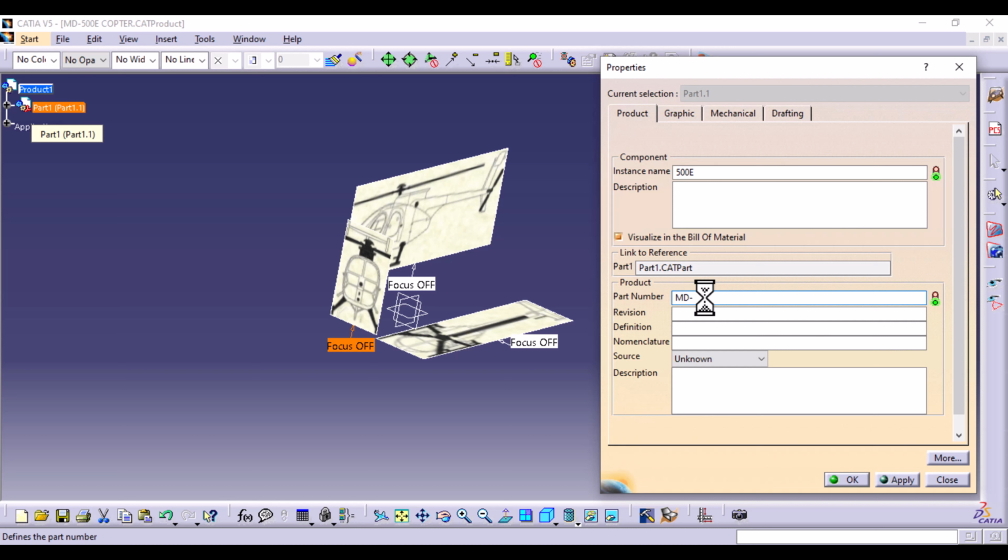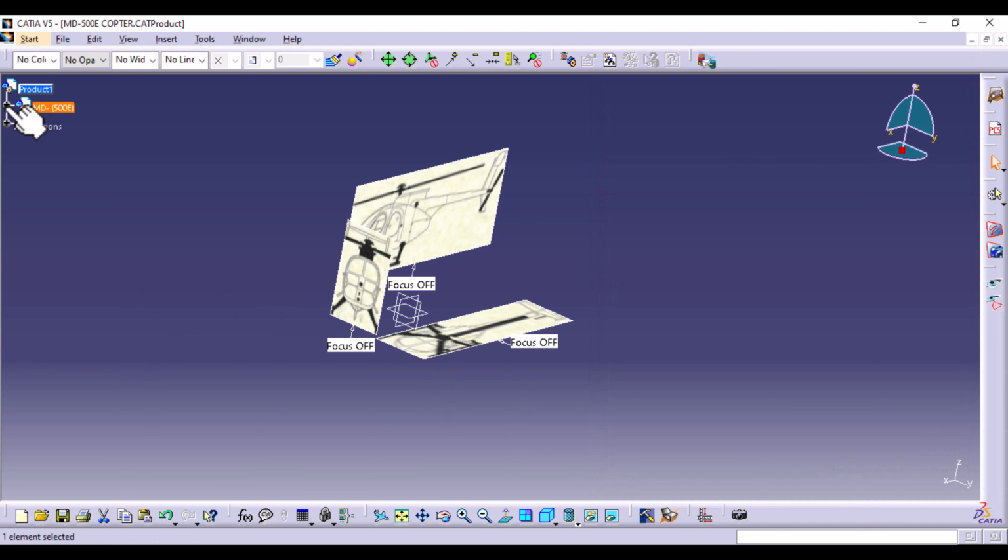This is MD. Apply. Let's see how that looks like. Select OK. Yeah, so we have